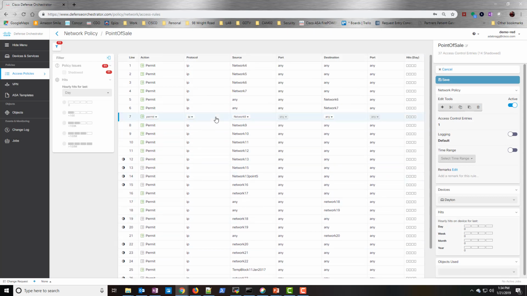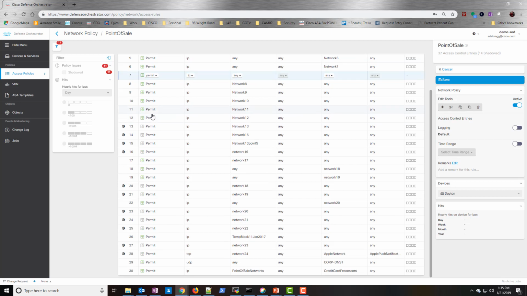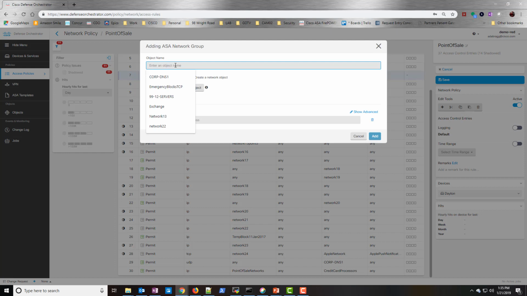If you need to add a brand new rule, you can just go ahead and select line 7. I want to insert a rule in front of line 7. Click add. I have a new rule here. Permit any. I want to create a deny statement for IP from a new object space. So I'm going to block from my printer and scanner network. I don't want those going out to the internet. I put all those in